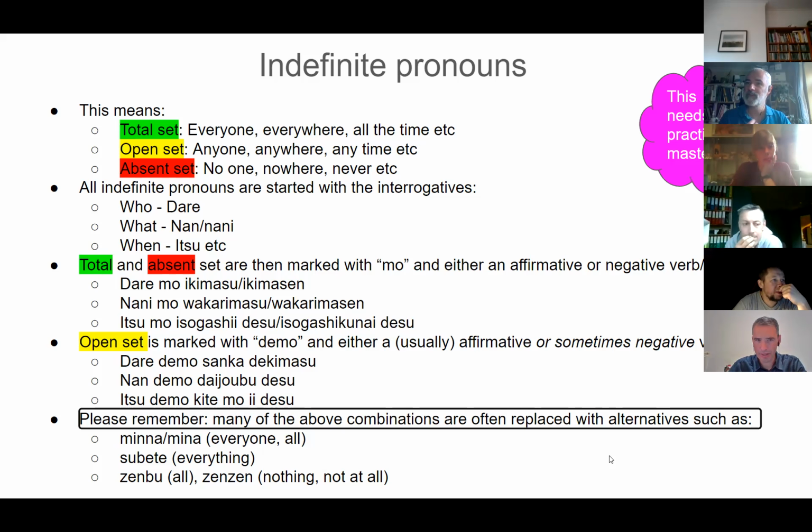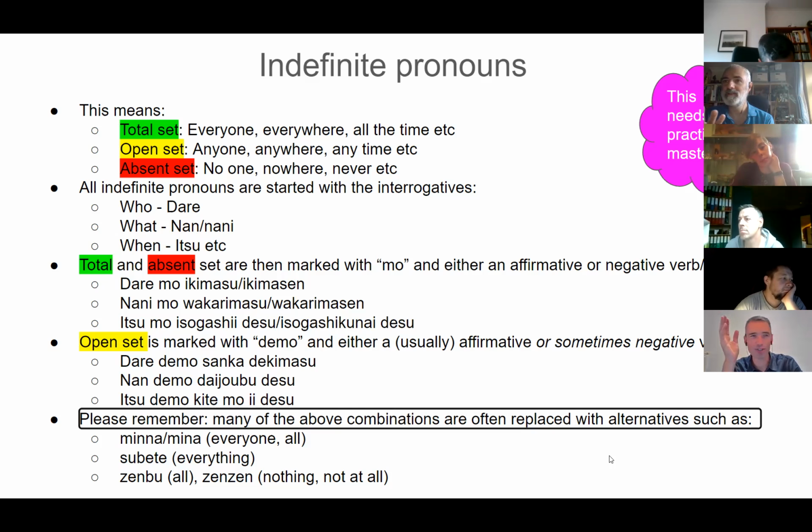To be honest, to understand this fully, you have to understand what this means in your own language. What's the difference between I can eat anything and I can eat everything? For all of these, like anyone can go and everyone can go. What's the difference between these two sentences? You lost? Me too. Yeah, it's too much. I think in the end, you have to just basically get used to the Japanese versions of these and then just pick the right one.